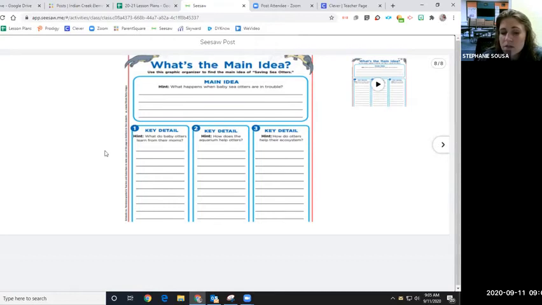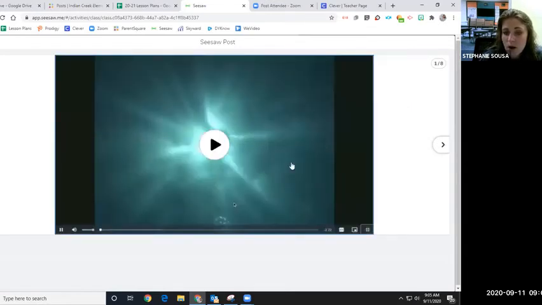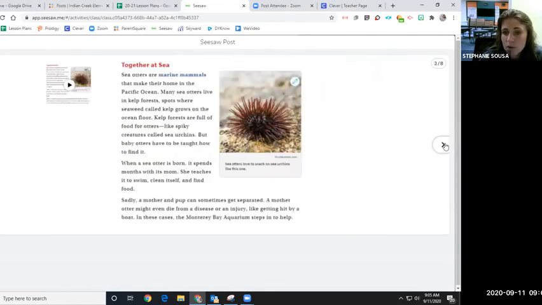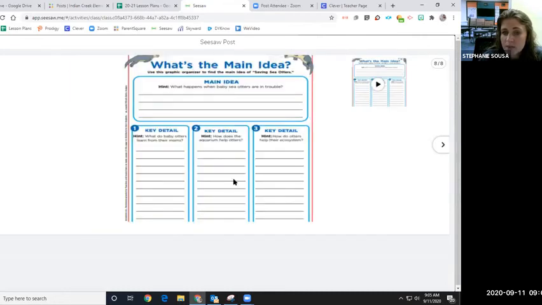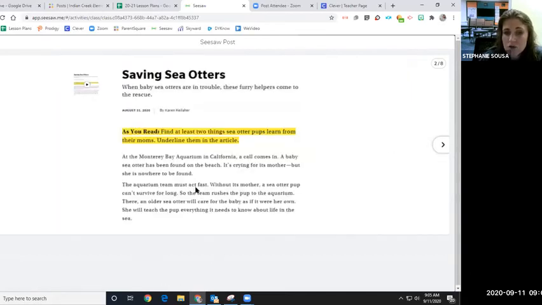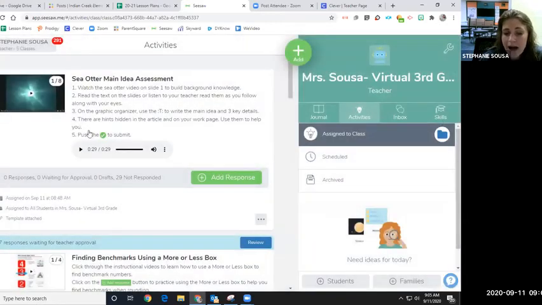These are some hints that you can use if you're stuck on what details to use. Okay, so again, watch the video, read or listen to the article, and complete the main idea and detail diagram. As always, it is a great idea to use your highlight tool to highlight evidence from the text. Okay?